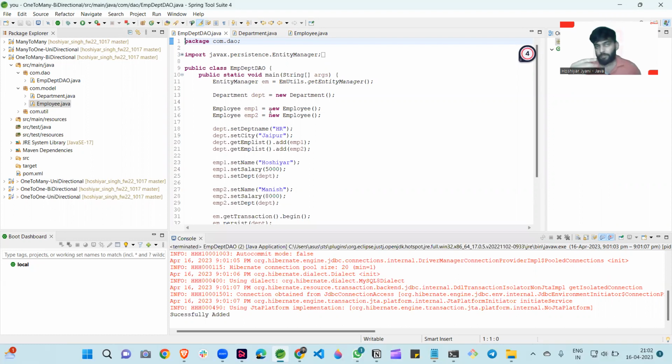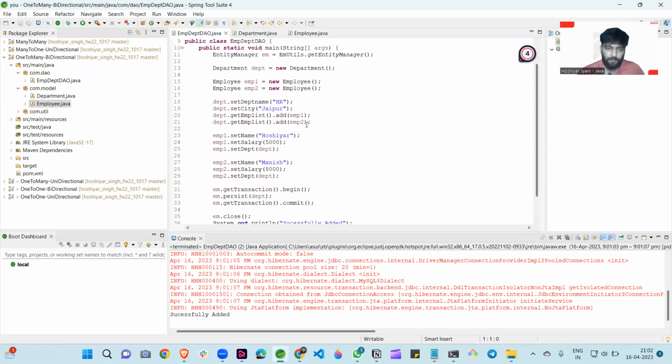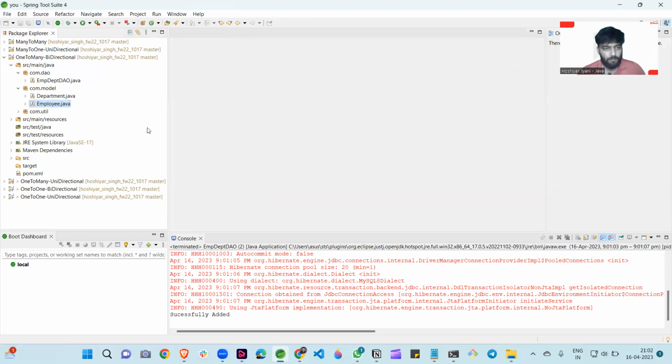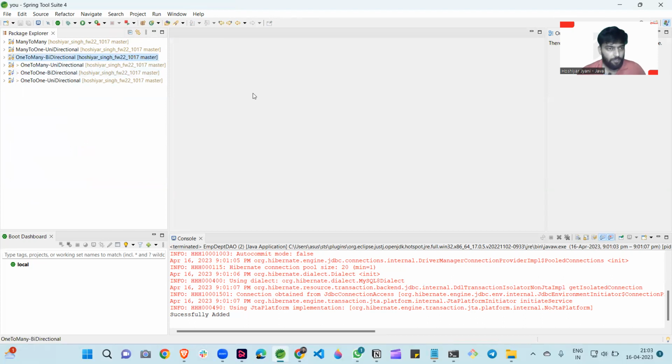So in the second approach, many to one, our employee has already taken the reference of the department table, so there is no need to create the linking table. So we tell our ORM explicitly to create only two tables and our relationship is maintained in the employee table. Okay, guys. So that's the reason we tell our ORM to only create the two tables. So this is also done. Now we are